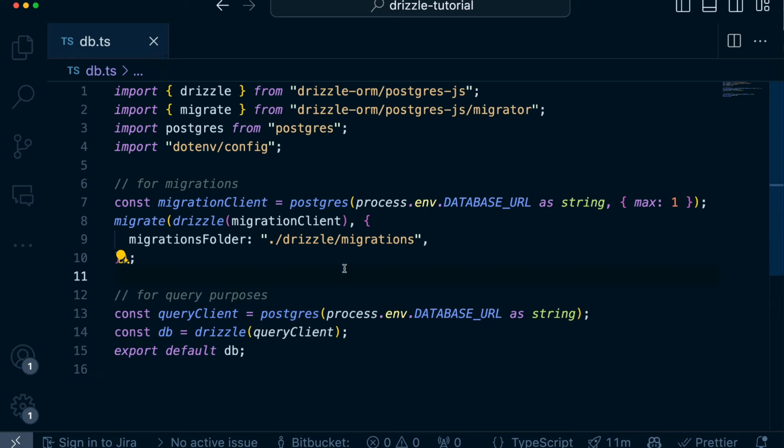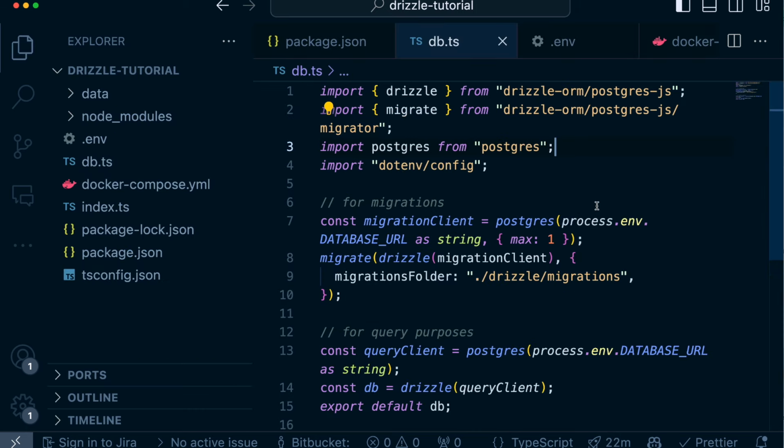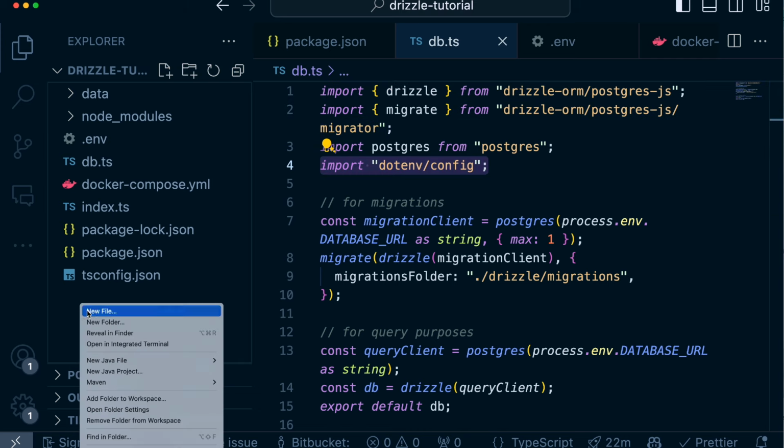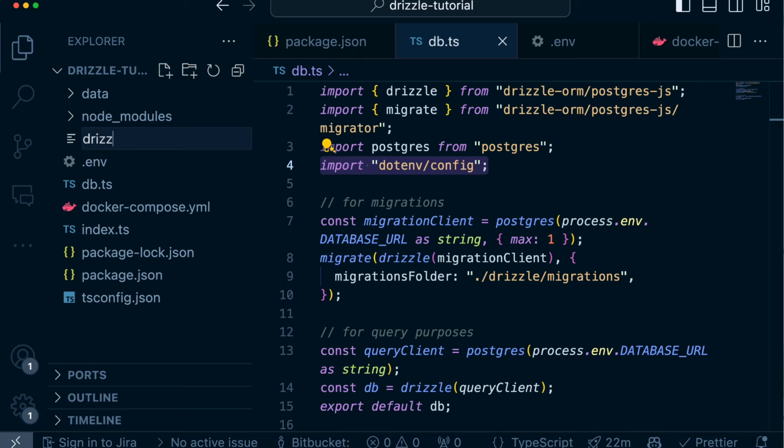And yeah, that's about it for the database setup. Next, we need a Drizzle configuration file in which we're also going to use the database URL. So I'm going to copy the .env import, and this file we're going to create in the root of our project, and it would be